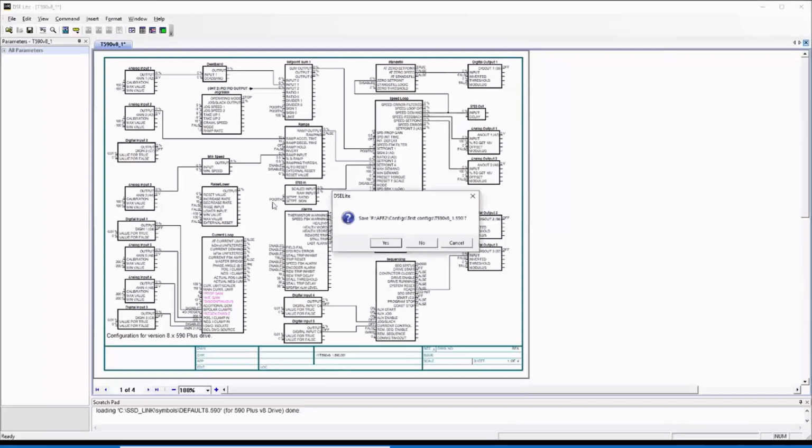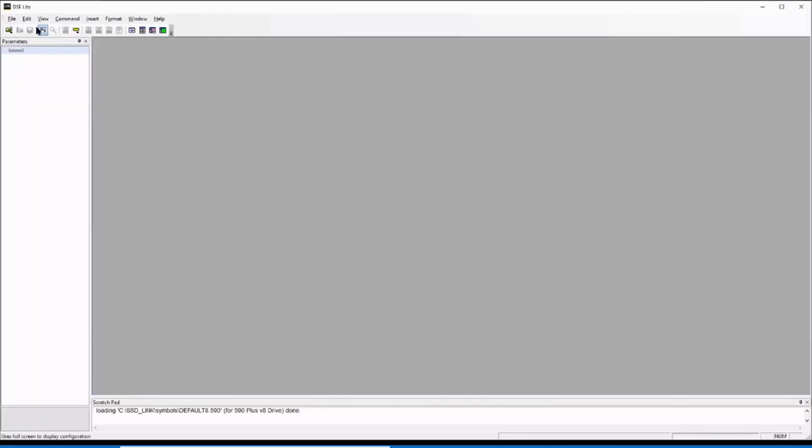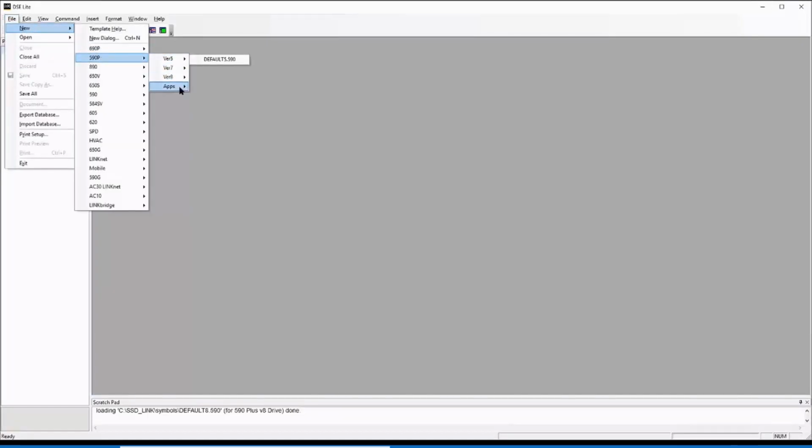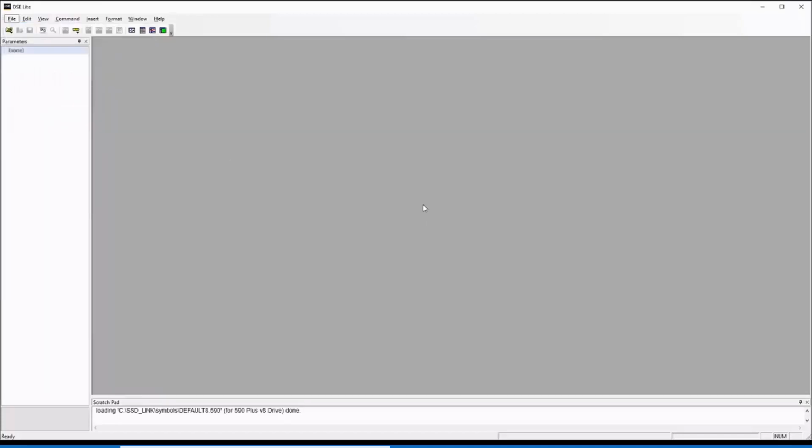Let's X out of this. I don't want to save it. Let's go to File, New, and go to the same thing and go to Apps. Now, the apps means this is a winder. The SPW is speed winder, CPW is a current winder, SC is a section control. So if you wanted to use this as a winder, I click on it,